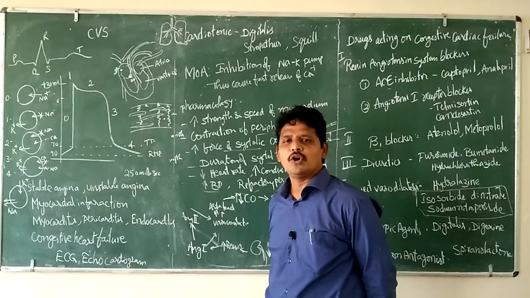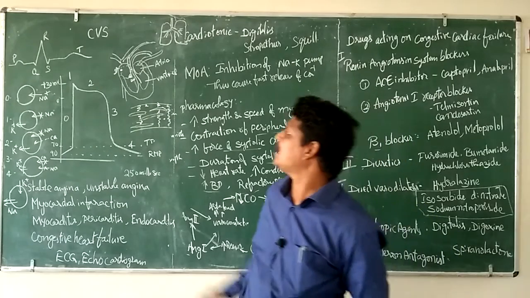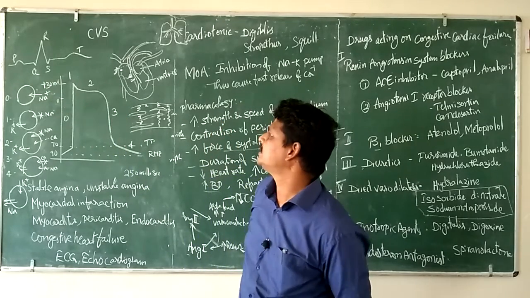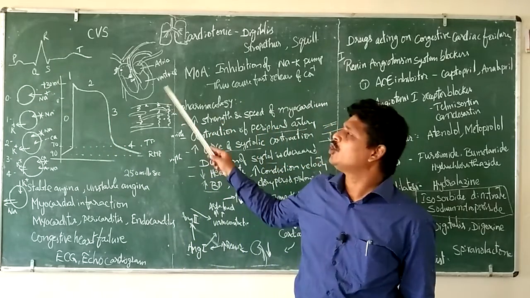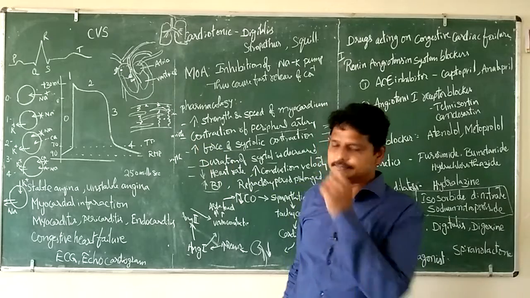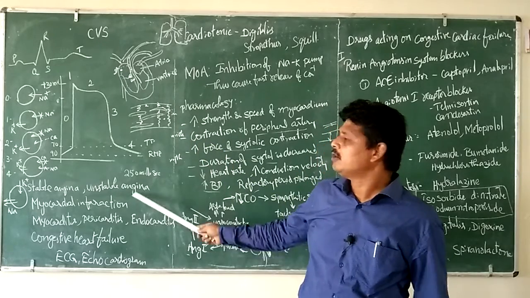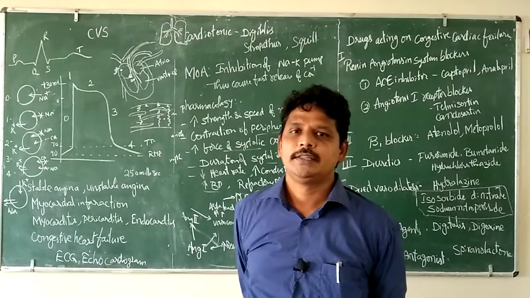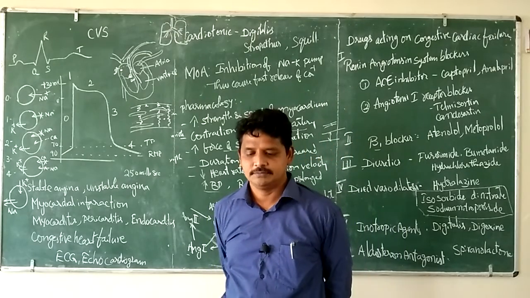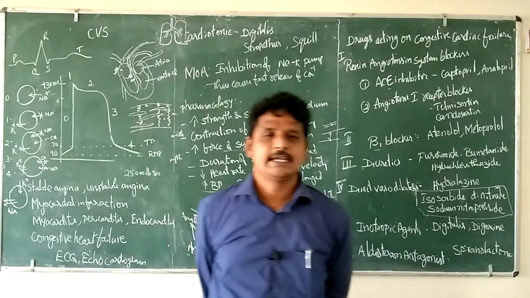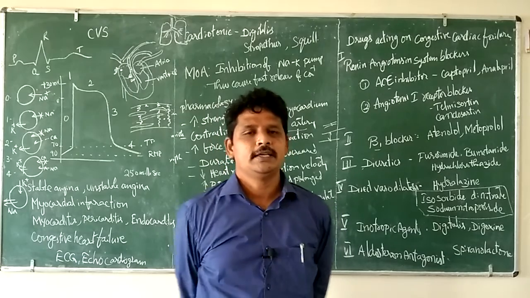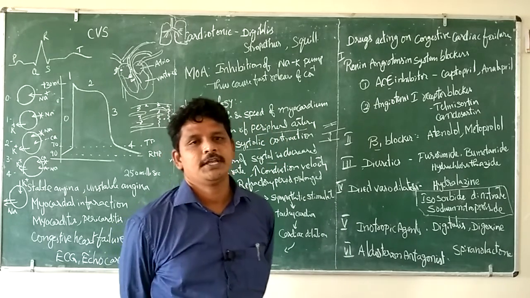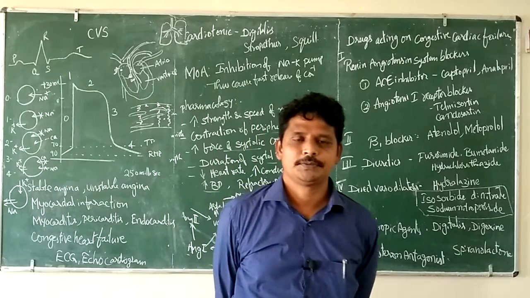In the cardiovascular system, normally we will see this type of curve, PQRST. What basically it is, and we are going to discuss the anatomy and functioning of the heart, and various diseases of the heart. Then cardiotonics, for example, we discuss digitalis. Then we will see the range of drugs which are effective in treating congestive cardiac failure.